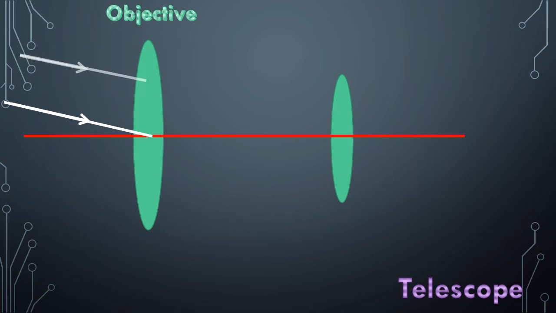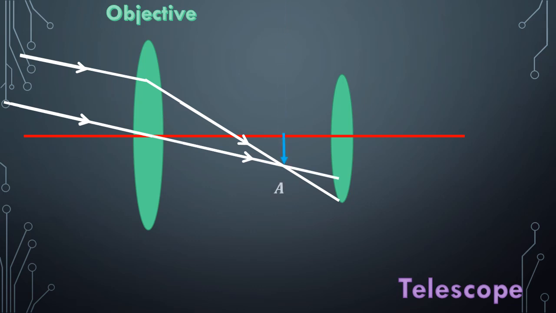The first ray, after getting refracted from the objective, will travel in the direction as shown, while the second ray is passing through the optical center of the lens, and hence it will travel along the same path. Here, both these rays will intersect each other, or meet at a particular point. At that point, we will get an image of the object, that is image AB. This image will act as an object for the eyepiece.